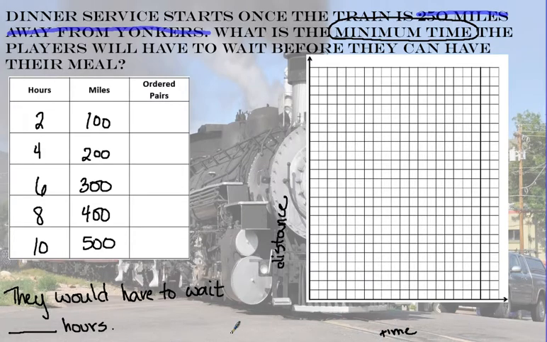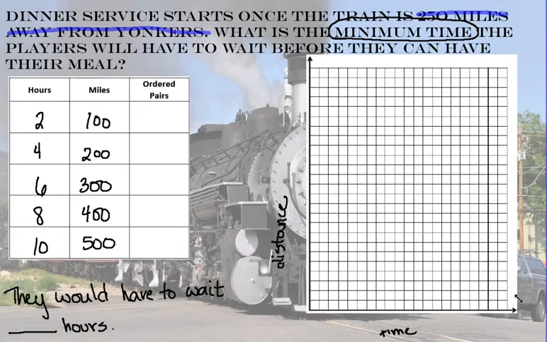Now we also need to think of how we want to put our numbers on our axes. You don't want to make your intervals too big and you don't want to make them too small. If you make them too small, your graph is going to be too crunched. If you make them too big, you're not going to have enough space. So here, time goes up by 2, and we're only going up to 10 in this case. So since we're only going to 10, and we have 1, 2, 3, 4, 5, 6, 7, 8, 9, 10,